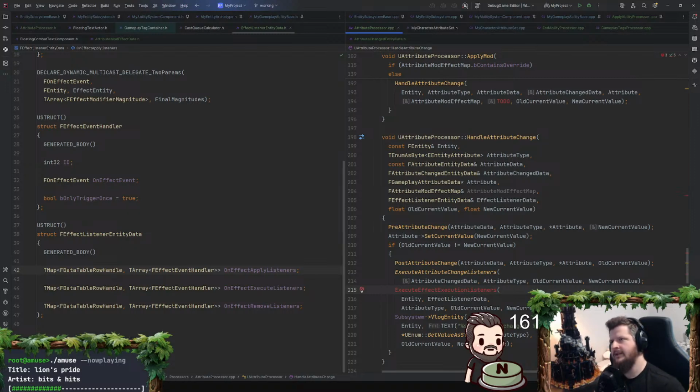And there may be another kind of scenario I need to account for. I was thinking that gameplay effect execution, the actual execution of an effect, could be a periodic effect. It's basically always just going to be some attribute. But I think there is a scenario where on a periodic basis, you would just want to apply a different effect. Potentially. I don't think I have any use for that right now, but something to think about for the future.